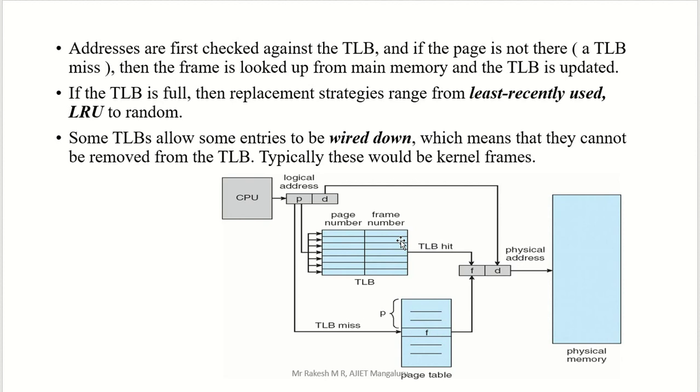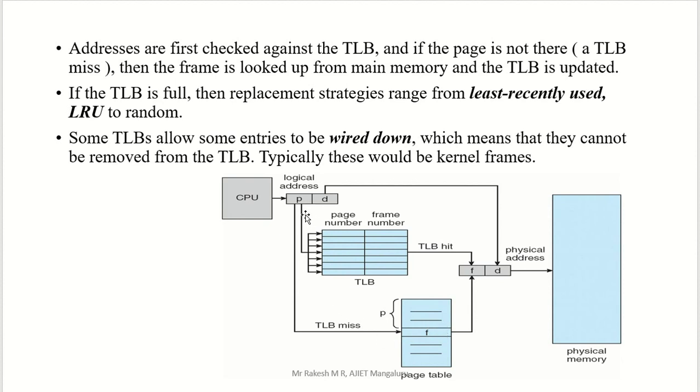After that, when you access the same page number a second time, there is no need to access the memory, because the frame number is there in the buffer. Buffer access is high speed, but memory access is lower speed. That's why it takes time. In order to access your page number, we can go for the TLB. If the data is present in the TLB buffer itself, there is no need to go to memory for the page table. If there is no data present in your TLB, then we have to search for that data in the page table present in your main memory.